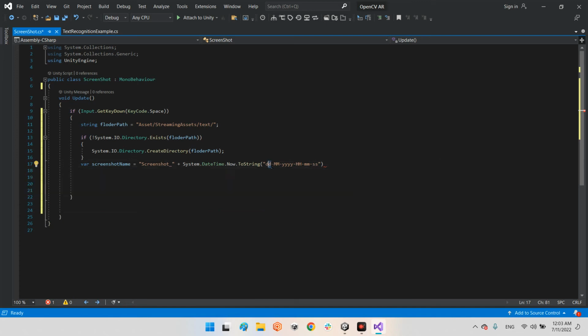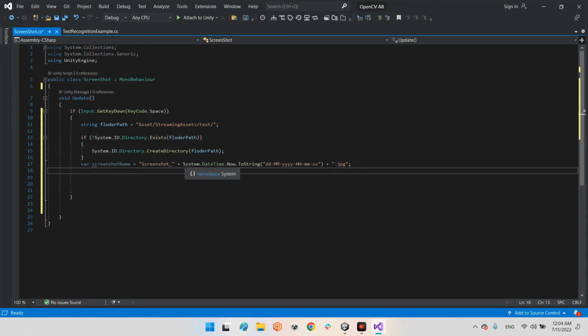It is day, month, year, hour, minute, and second. And finally, we need to write our format, JPG. Oh, sorry, JPG. Now, with this system, we can generate our name